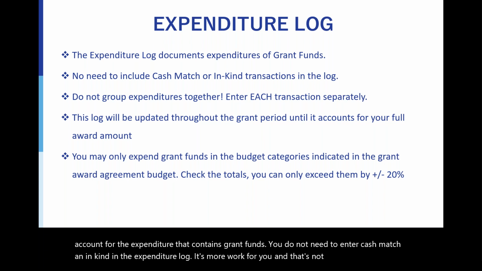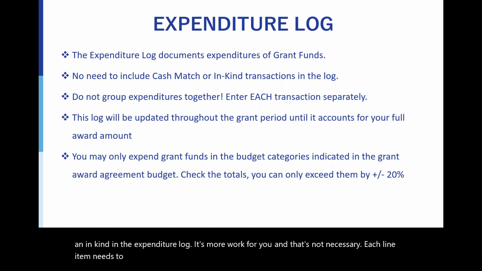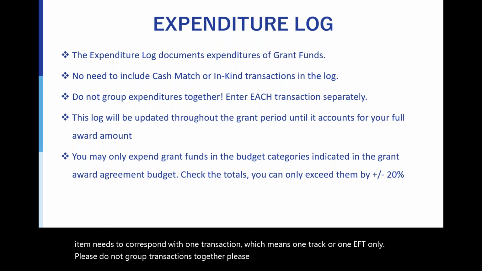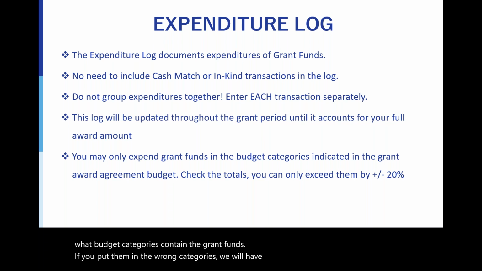Each line item needs to correspond with one transaction, which means one check or one EFT only. Please do not group transactions together. Please double check your contract details to see what budget categories contain the grant funds. If you put them in the wrong categories, we will have to return the expenditure log and it will delay